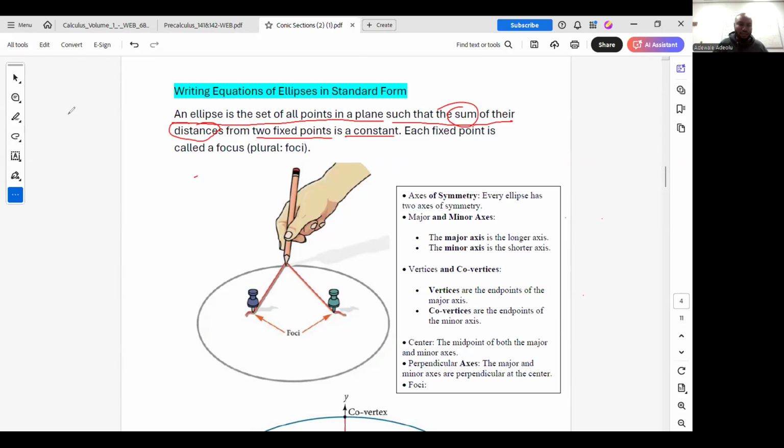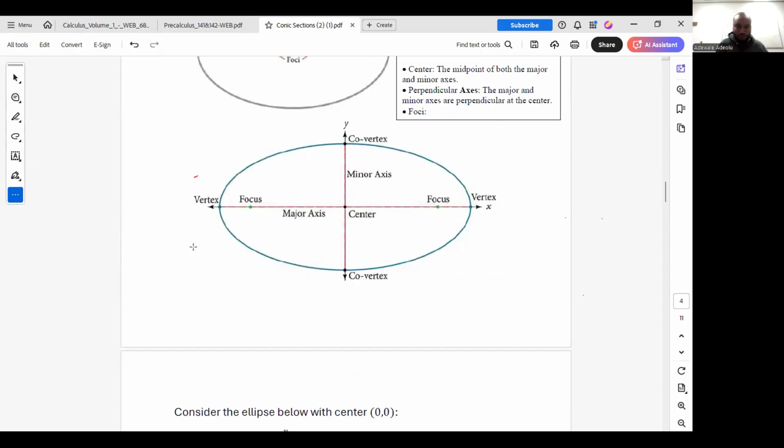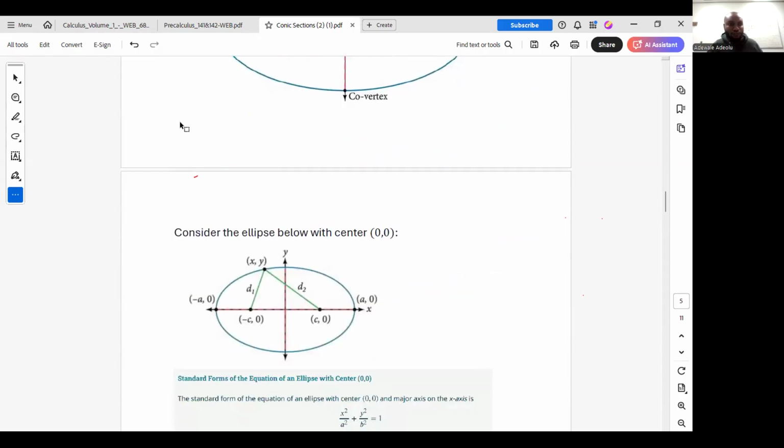What does that mean? Let me quickly show you that. So we are saying that from these two fixed points, this point and this point, let's say from ear to ear, we call it D1, distance 1. Ear to ear, we call it D2, distance 2. The claim is that if you add those two distances, that is D1 plus D2,